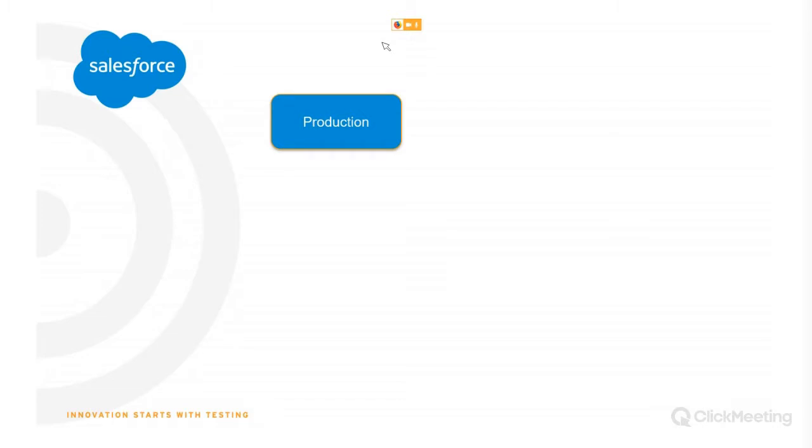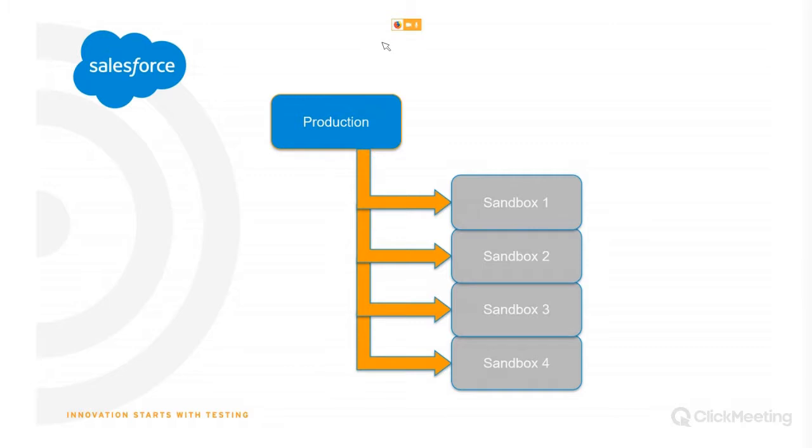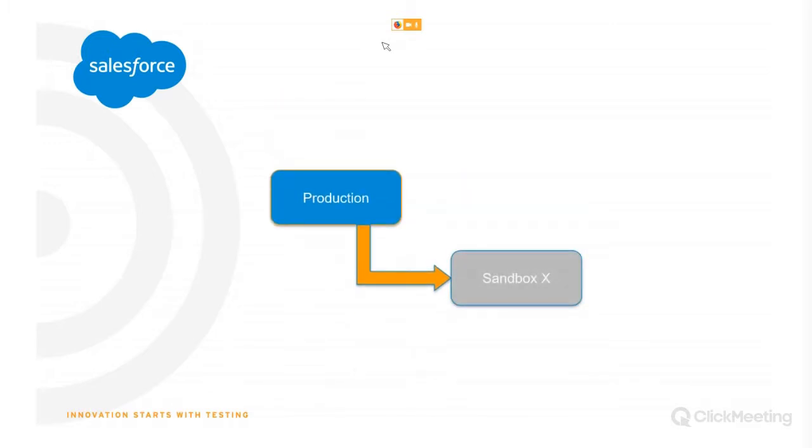So looking at Salesforce, we know that we have, for instance, a production environment, and Salesforce is helping us in putting together sandboxes for our development. And we can have quite a number of them. But looking at any given sandbox,